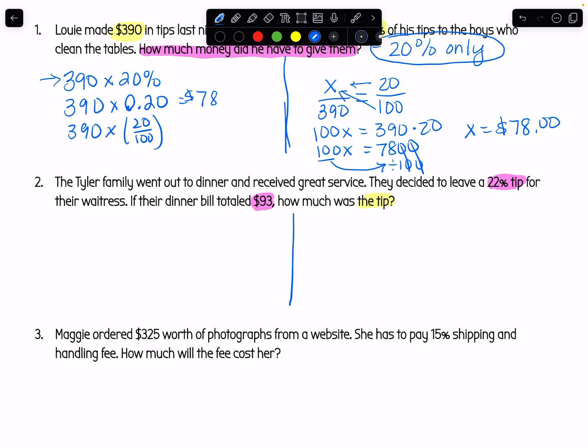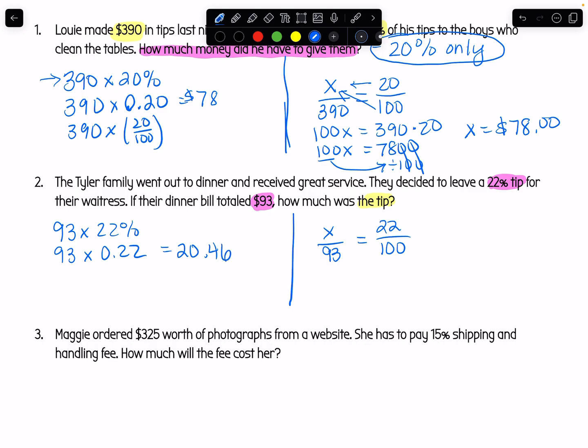So you've again got your choices. We know that the 100% cost of our meal is $93. We know that we left a 22% tip, and we do not know how much that was. So you can set it up that way, or you can use your handy dandy calculator and do 93 times 22%, or 93 times 0.22. I'm not even going to write down the fraction because I know nobody's going to use that with the calculator. So 93 times 22% equals